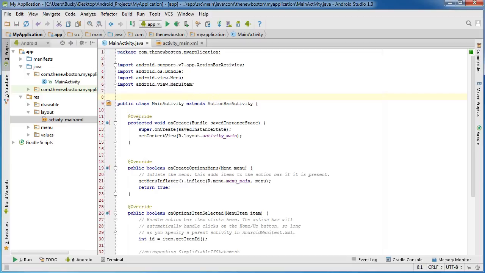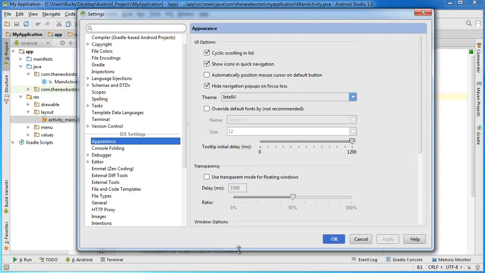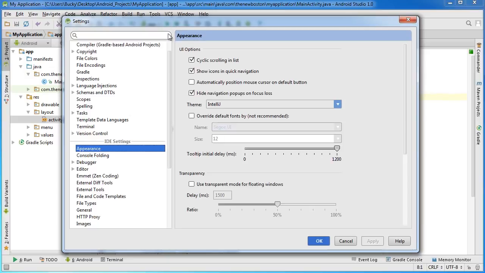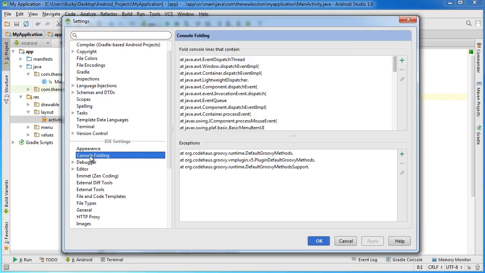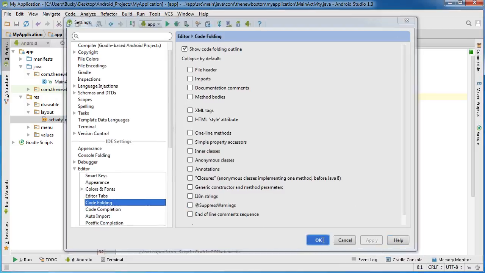So if you want to get rid of all of the code folding, as it's called, go to File and back in Settings. Let me minimize this, make sure you guys see everything. Go to Editor under the IDE settings, and Code Folding. Right here, this first checkbox is just to show the code folding outline, and that's that little arrow you can click to either bunch it up or expand it. But what I want to do is uncheck all of these, so none of my code is going to be folded. Again, once I apply this,